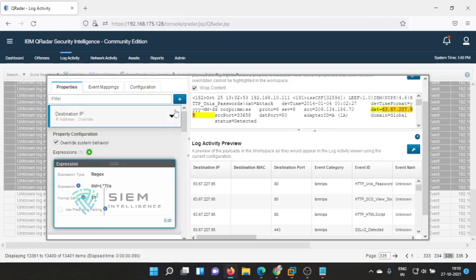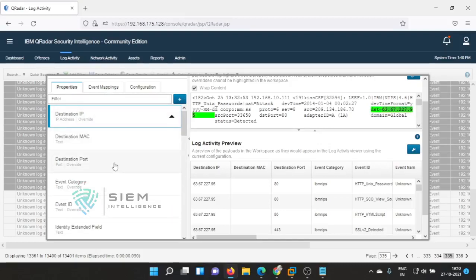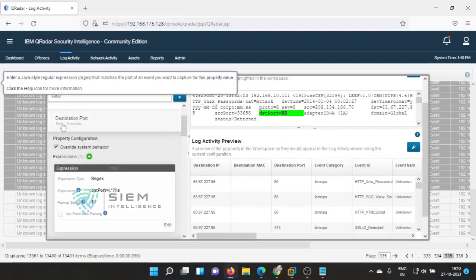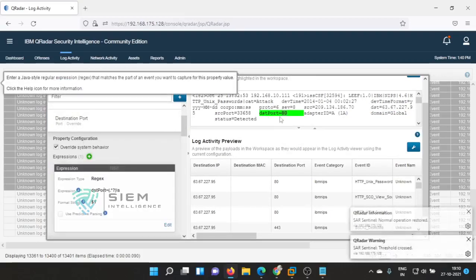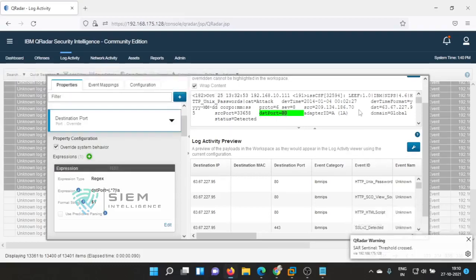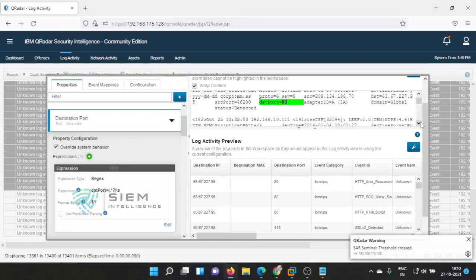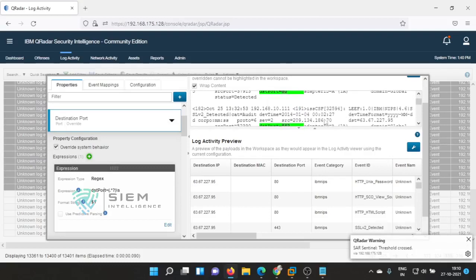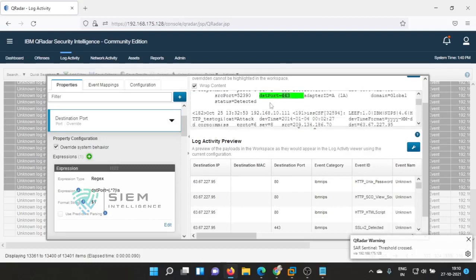Like that, I also override the behavior of destination port. Destination port, equal to, is what I am taking as my reference. In every event, that is common. DST port is common, but the port is variable, so I am picking that variable port only.